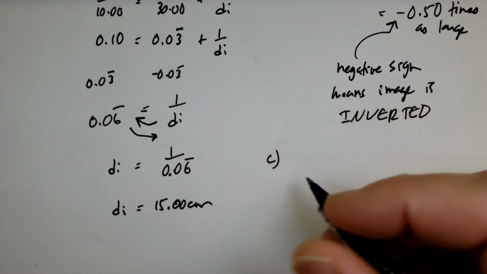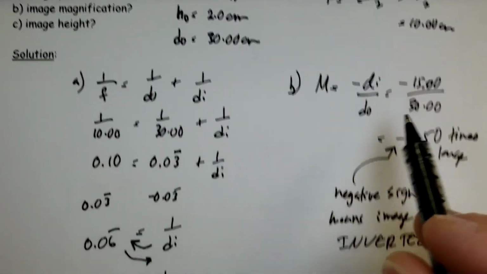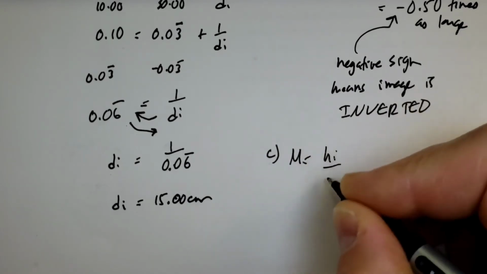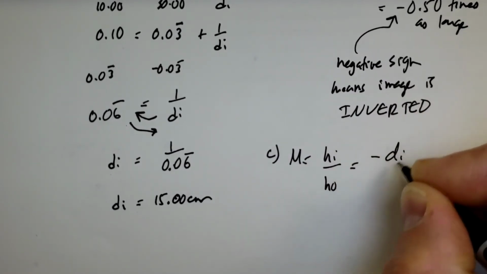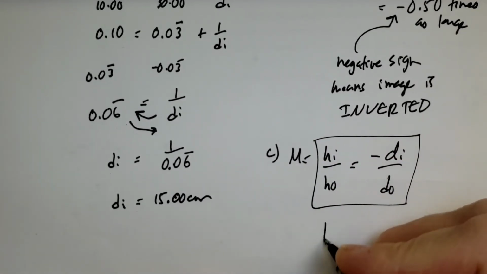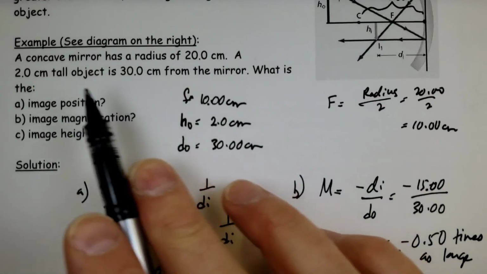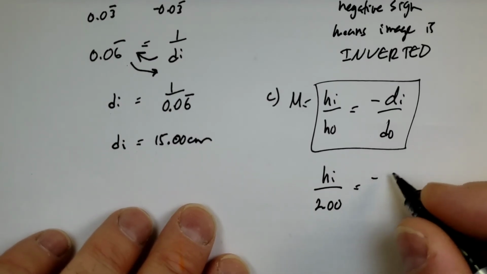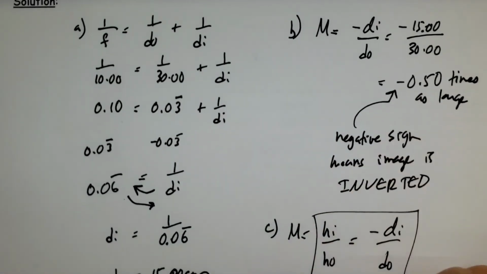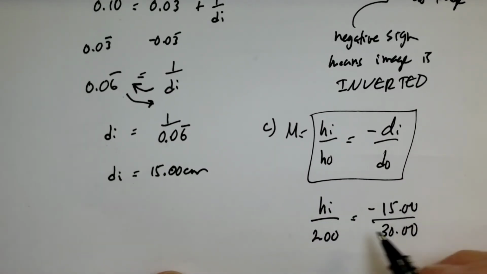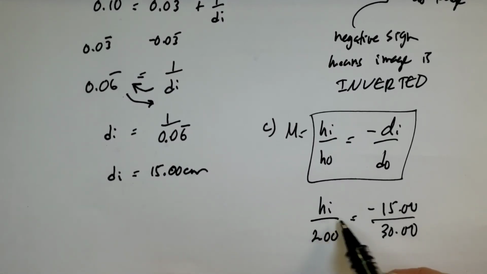And lastly, the image height. Of course, we can find it by using that magnification formula. We had M is equal to HI over HO, which equals negative dI over dO. So we could just use that part there to figure out what HI is. So height of object, we were told, is 2 centimeters. And the image distance, we were told, was 15. I'm going to take the negative of that. And the object distance was 30. So, of course, here, to get HI by itself,